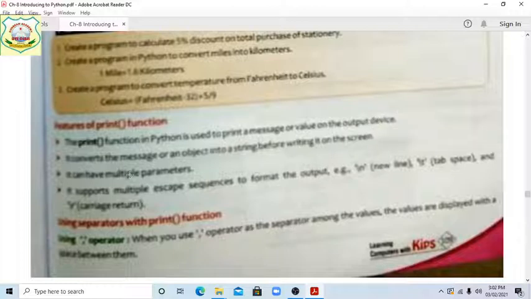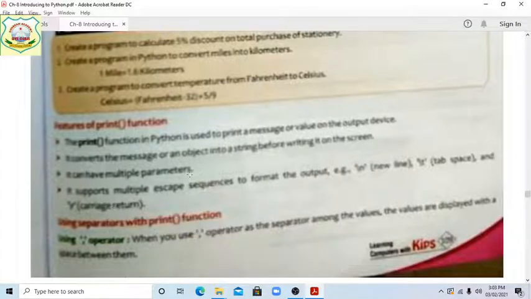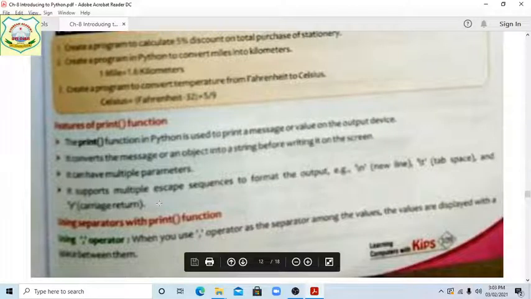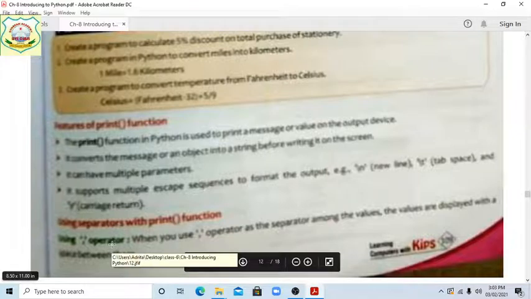It converts the message or an object into a string before writing it on the screen. It can have multiple parameters. Students, it supports multiple escape sequences to format, like slash n, that is new line, slash t, that is tab space, and slash r, that is carriage return.